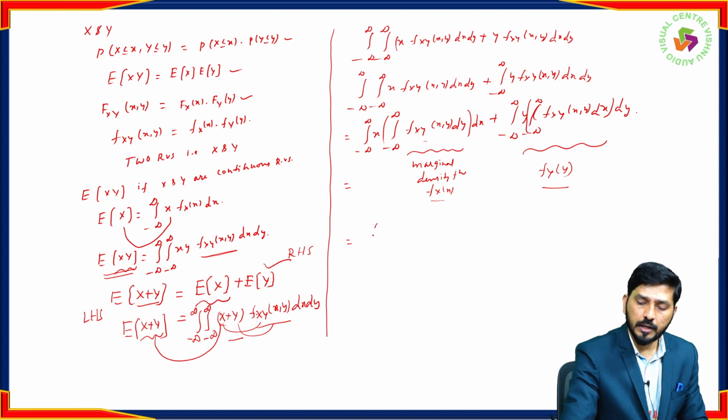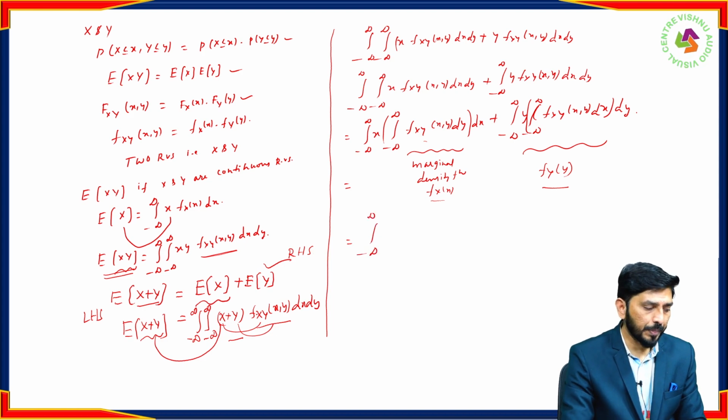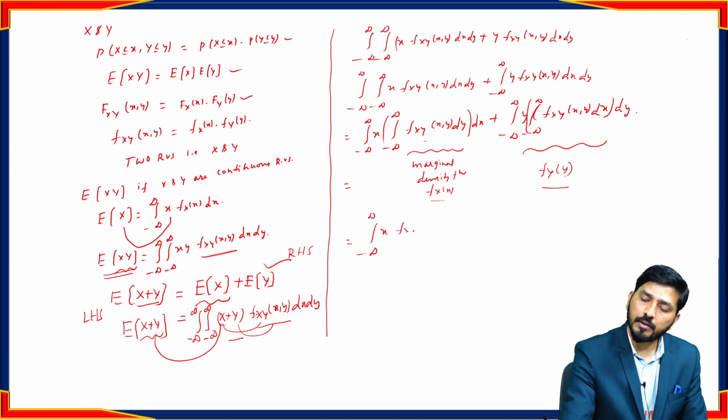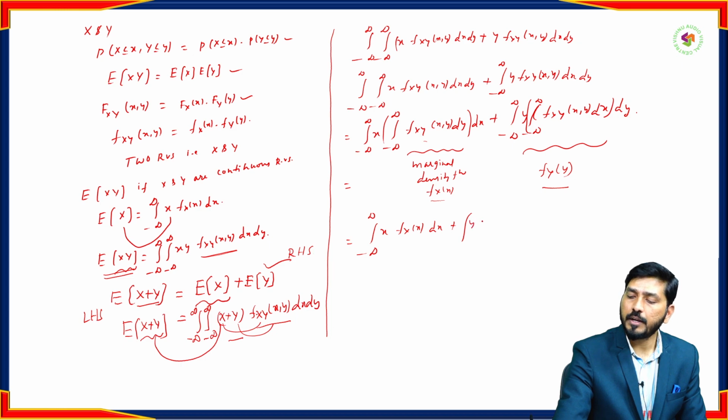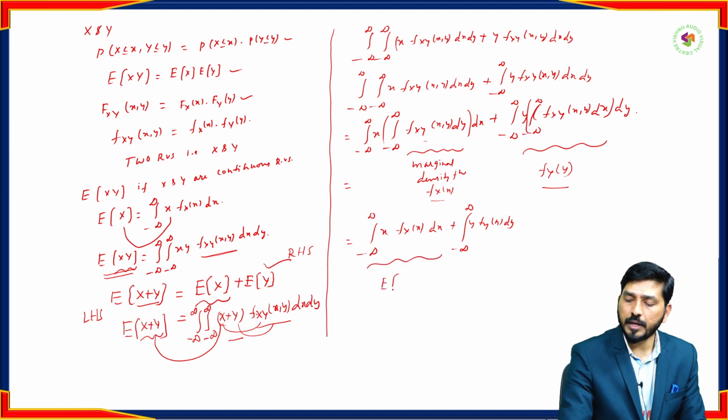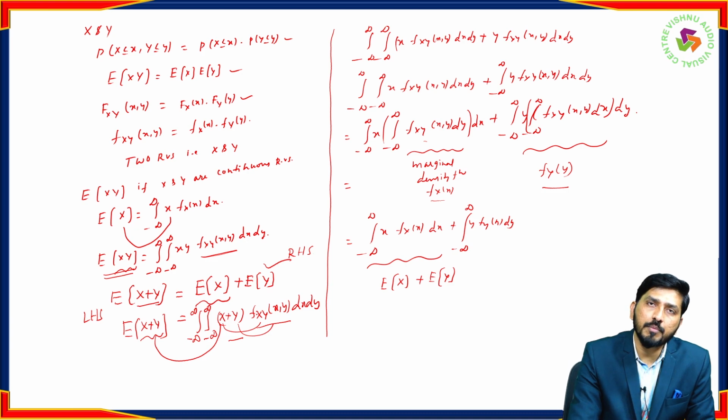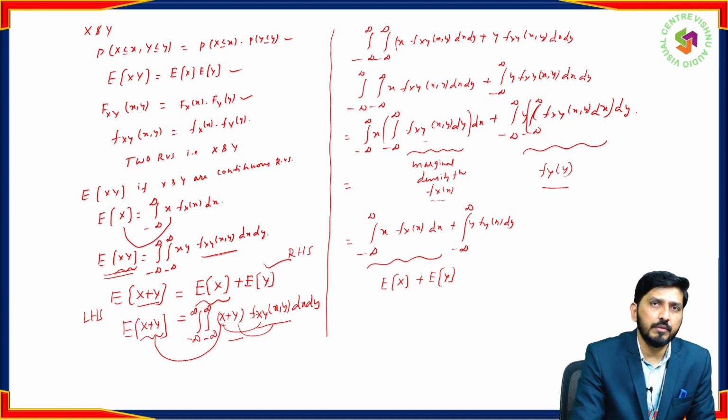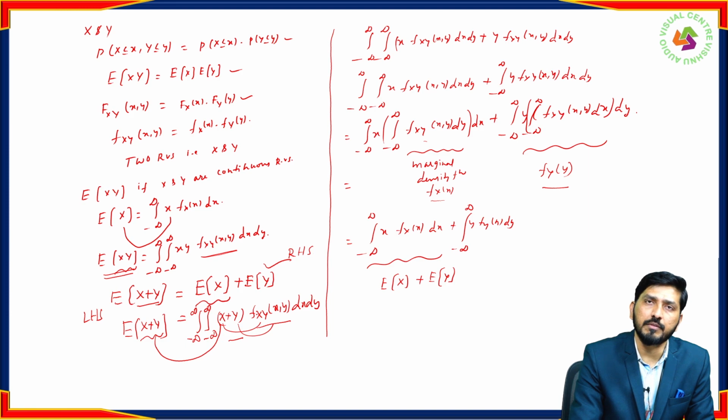Now you can write it as integral from minus infinity to infinity x f_X(x) dx plus y f_Y(y) dy. Now this is the formula for expectation of X and the formula for expectation of Y. So this is the first property under operations on multiple random variables, that is, expectation of X plus Y can be written as expectation of X plus expectation of Y. Similarly,